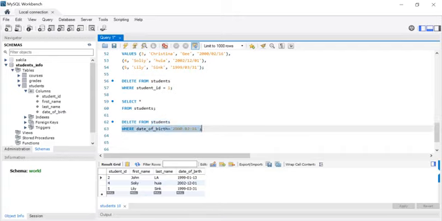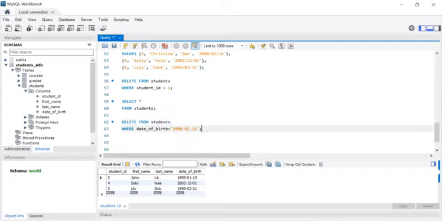So as you can conclude here, select is used to query or to retrieve data from a table. Using this syntax, select, this is where you write your columns, and from your table. The same thing for the where. Where is used to put a condition in order to execute a given statement. For example, you write delete. So we want to delete a row from the students table where the date of birth is equal to this